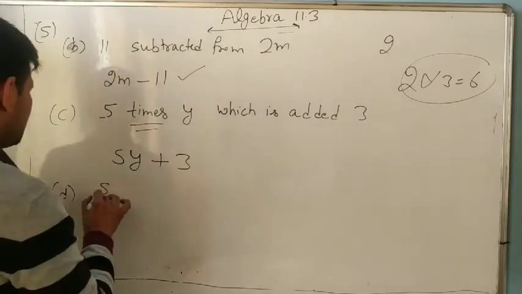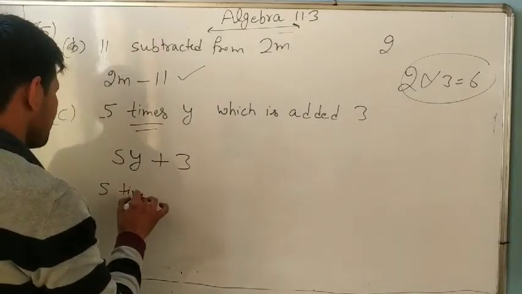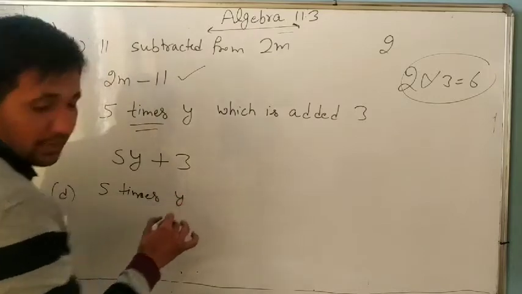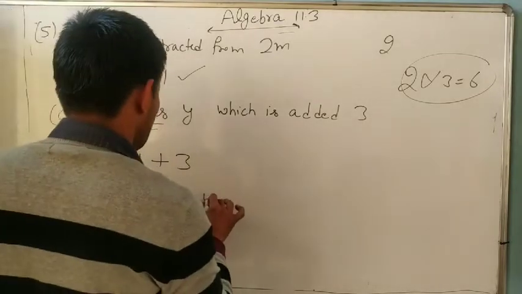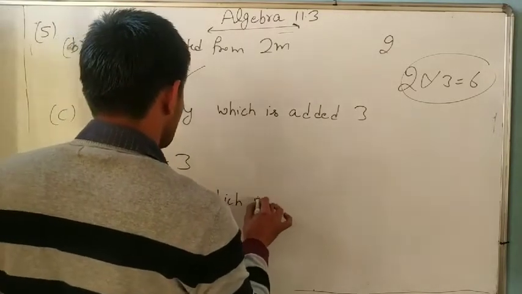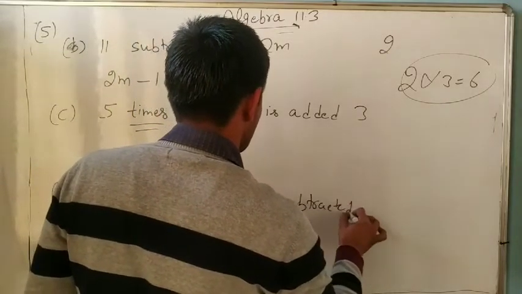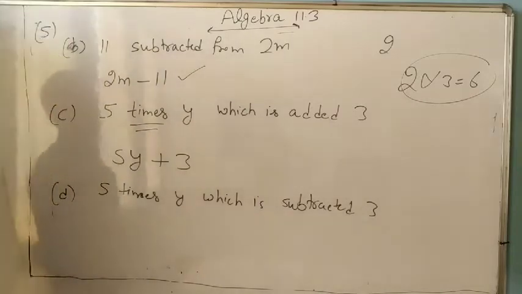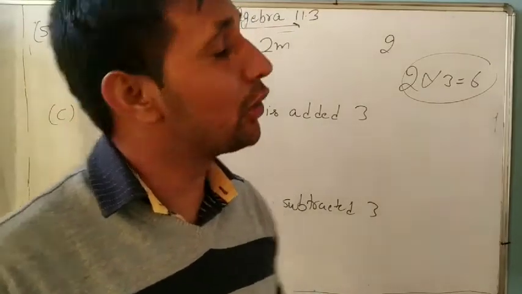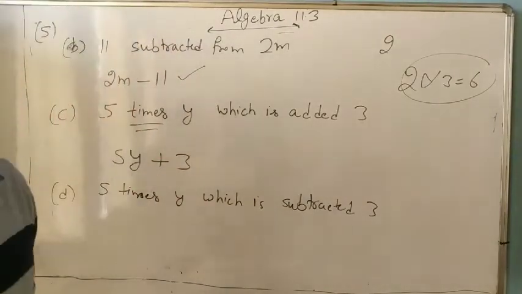5 times y, which is subtracted 3. 5 times y, which is subtracted 3. Okay, do yourself this one, D part. Next is